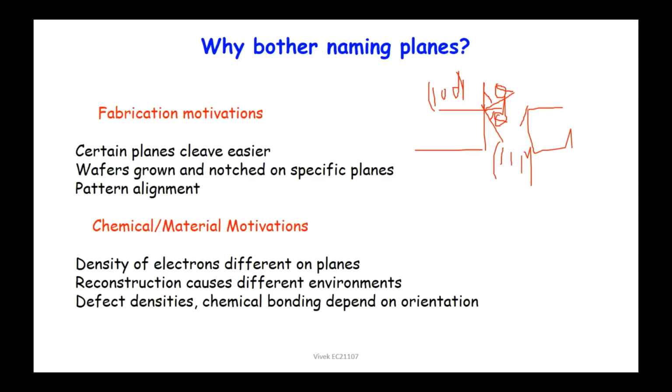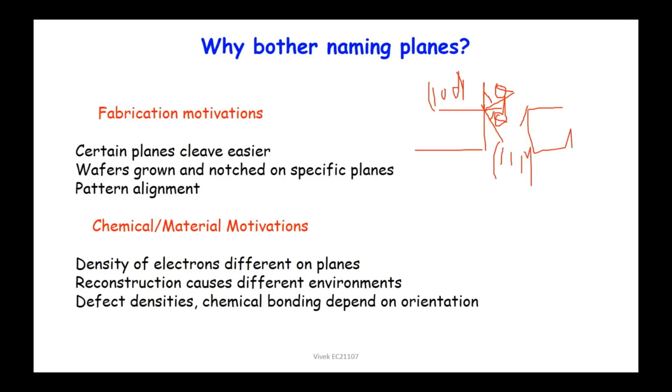And these crystal planes are also used to mark the wafer, because once you have the wafer in front of you, there is no way you can figure out what the direction is. So if you see a typical wafer in the lab, it will have certain markings, and these planes are used to specify how a particular wafer will look, how a 100 plane wafer will be different from a 111 wafer, like that.